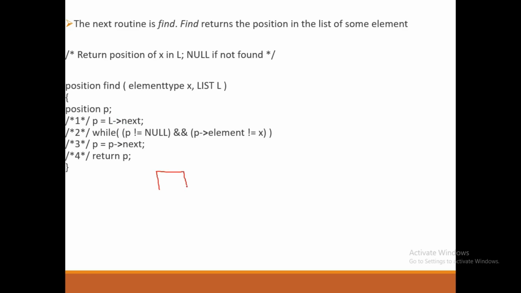Consider this is the header. We need to find the position of A2.